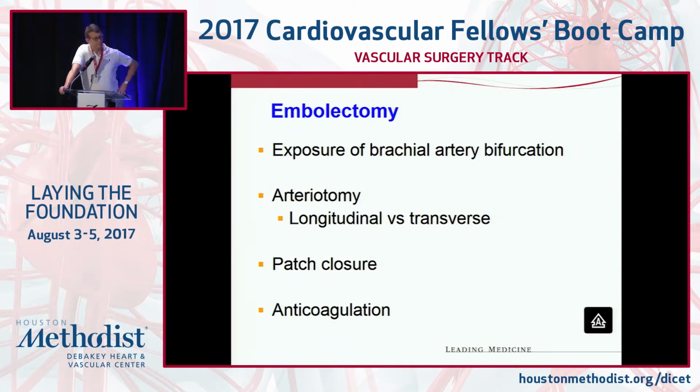When you think about embolectomy, almost all of the time, if the embolus or the thrombus is in the brachial artery, no matter how proximal, I think it often makes sense to start at the brachial artery bifurcation. You expose that in the antecubital crease, and you control your radial and ulnar artery outflow. It's important to make the arteriotomy in the distal brachial artery, but actually you want to have it relatively close to the bifurcation so that you can direct small Fogarty balloons both ways, analogous to a distal popliteal